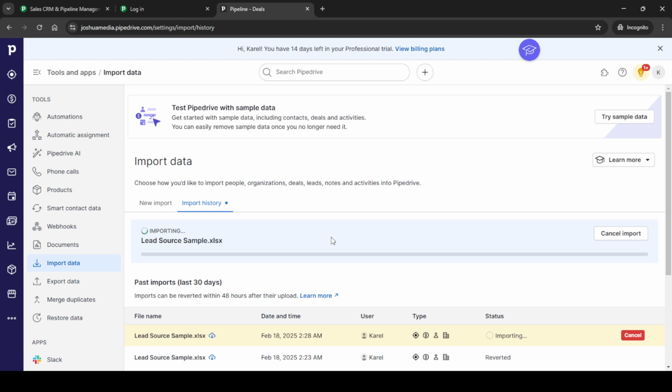The last part of this process is crucial, starting the actual import. As you're ready, click on Start Import. Pipedrive will begin integrating your new leads into the database. Depending on the size of your file, this could take a couple of minutes. Once the import is complete, a